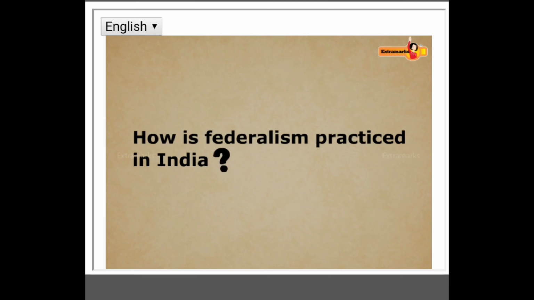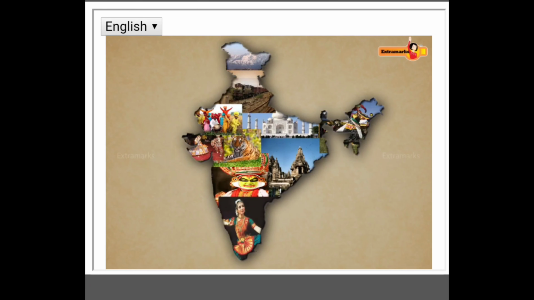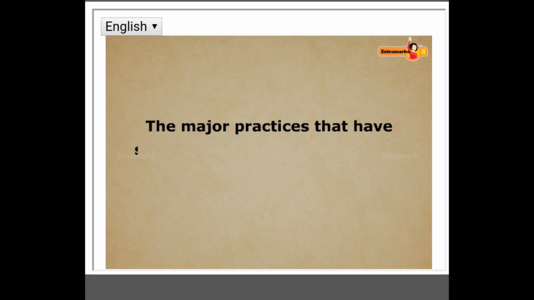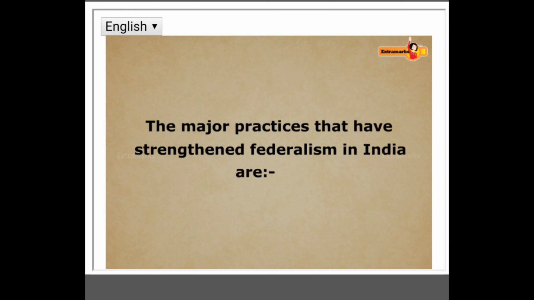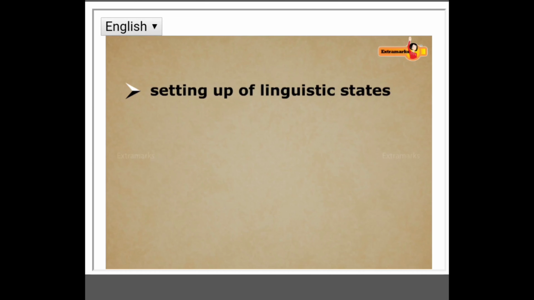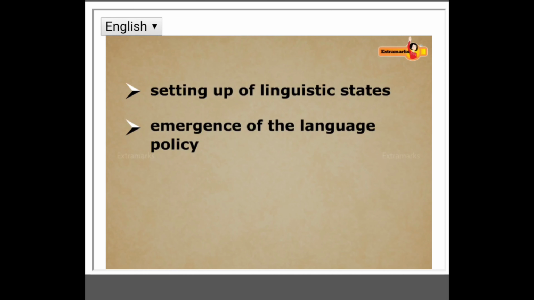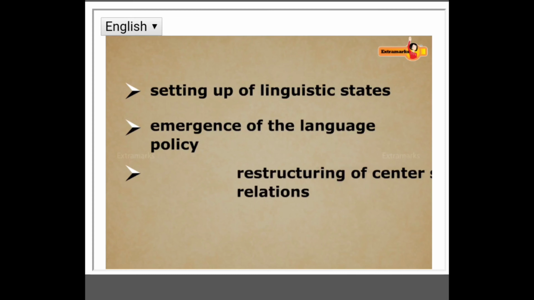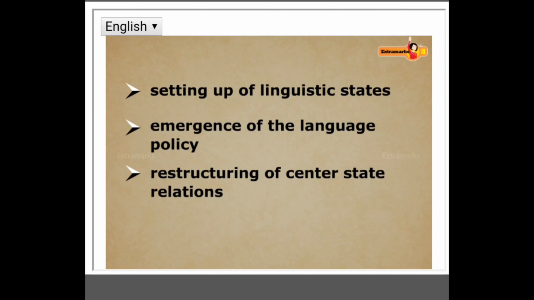How is federalism practiced in India? Federalism is seen as a mechanism to deal with national, ethnic, religious, social, and geographic diversity. The major practices that have strengthened federalism in India are the setting up of linguistic states, the emergence of the language policy, restructuring of center-state relations,